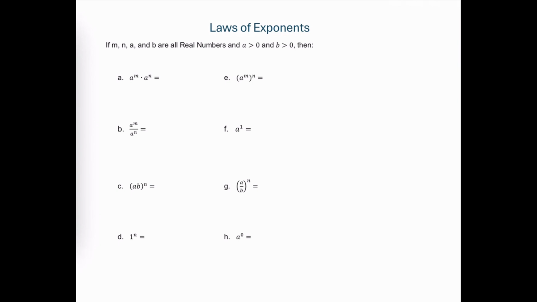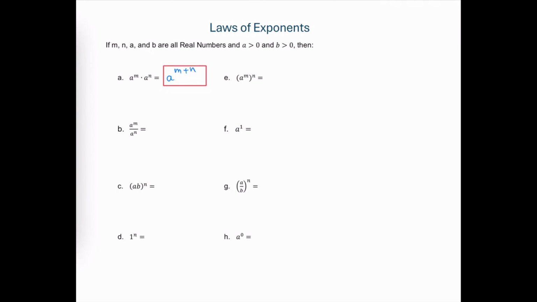To review some of the laws of exponents, we're going to assume that the values m, n, a, and b are all real numbers and that a and b are positive values. When we multiply two things together that have the same base, this product will be a raised to the m plus n power. And that's because if we have m a's multiplied together that are then multiplied by n a's, then in total we have m plus n a's multiplied together, which is a raised to the m plus n